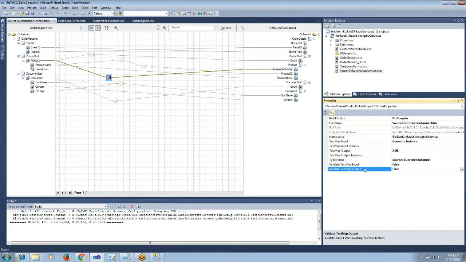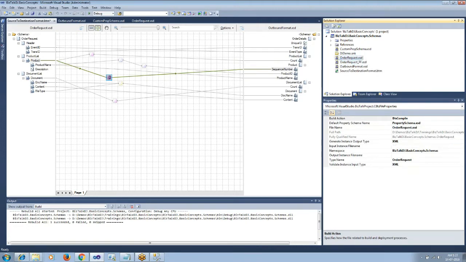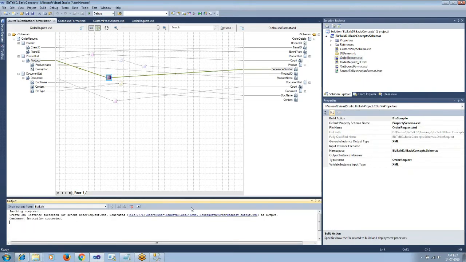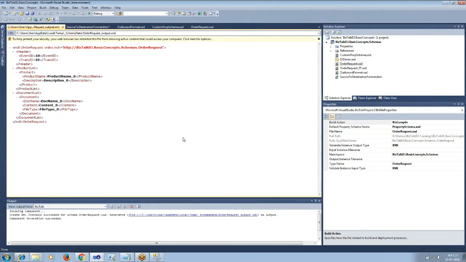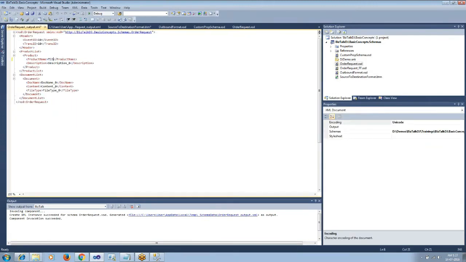Now we can do a test map. Go to the properties and change the validate input and output instance to false. Generate an instance of the input file, and use this input instance as a test input for the map.